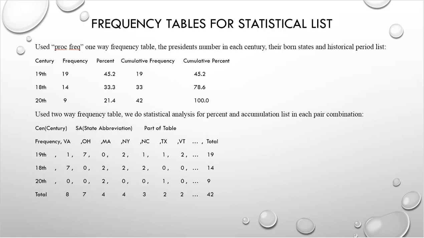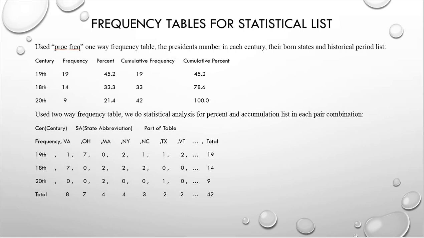After you get the correct data and print out some correct record lines, we can do the statistical analysis. We can use the proc freq procedure. We can get a one-way frequency table and two-way frequency table. Using the one-way frequency table, we can very straightforwardly get statistical data like